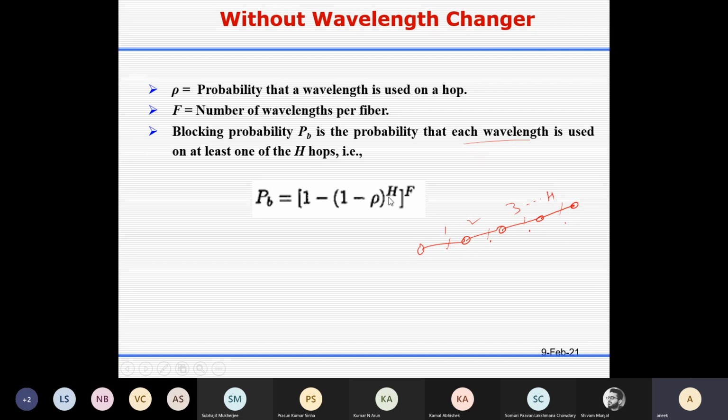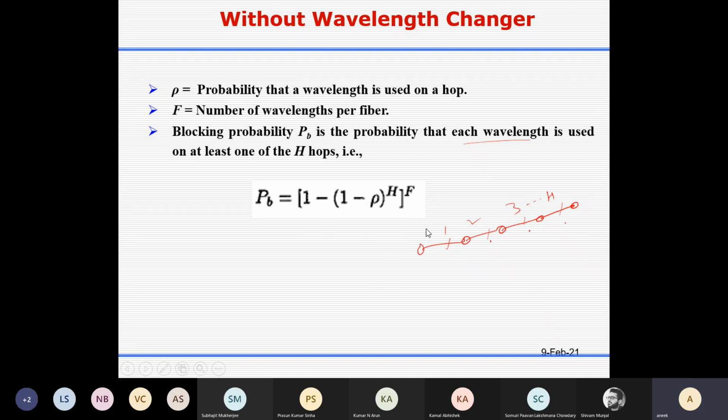If this is your availability, 1 minus this is non-availability, so that wavelength is not available. One particular wavelength is not available along the entire route from the source node to the destination node. And this you have to compute for a total of f wavelengths, because you have f wavelengths in the system.